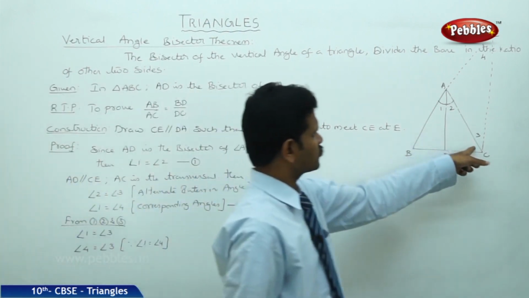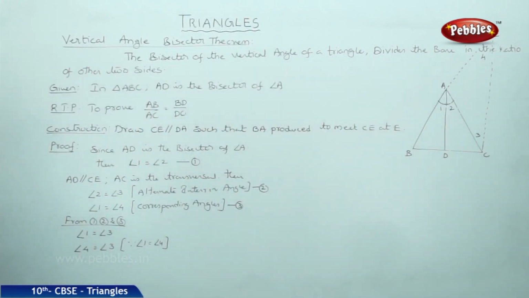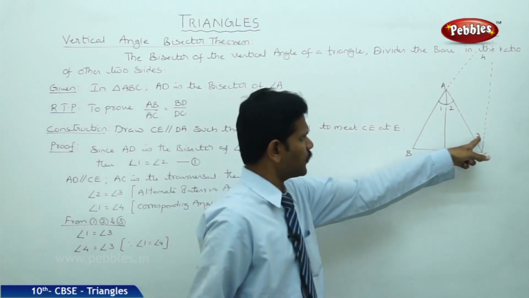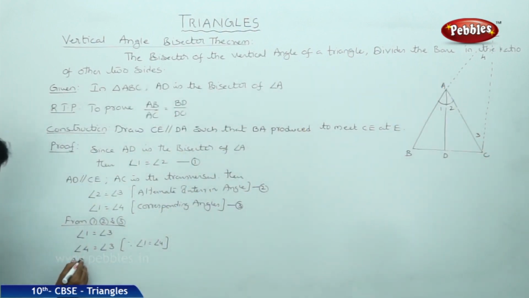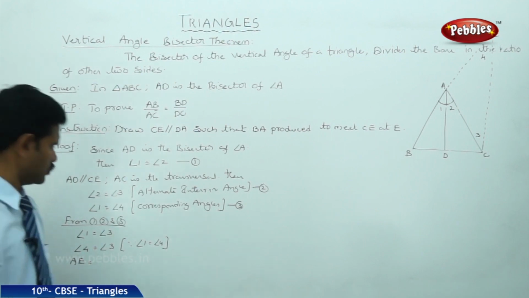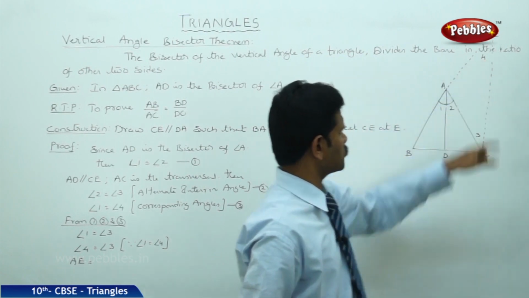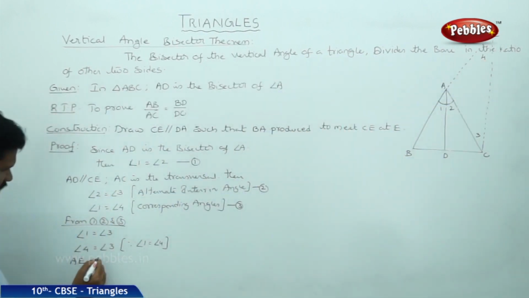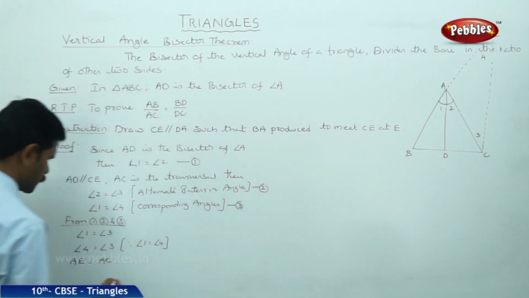Now angle 3 and angle 4 are equal, that is, the side opposite to angle 3 is AE, and the side opposite to angle 4 is AC. AE is equal to AC. Therefore here we conclude that